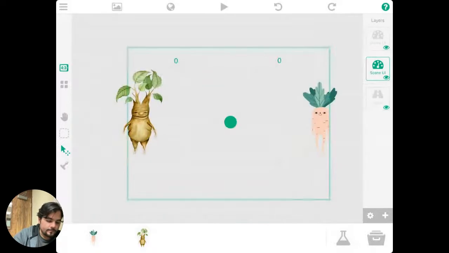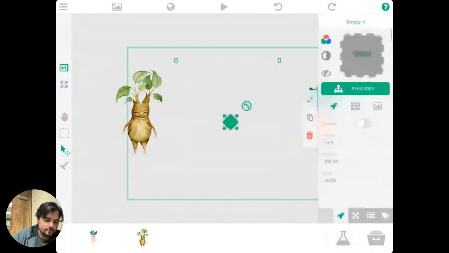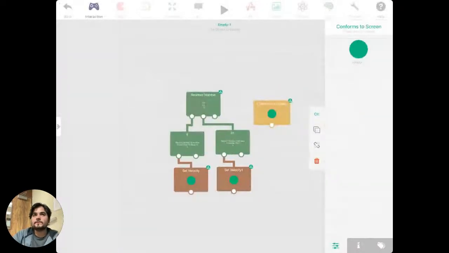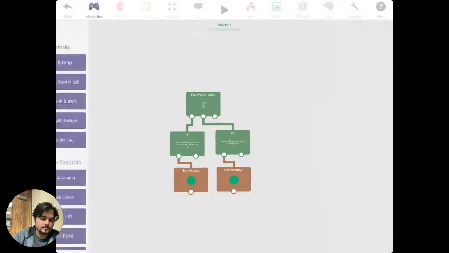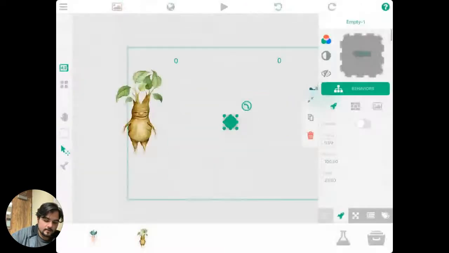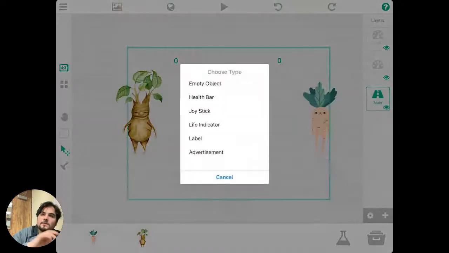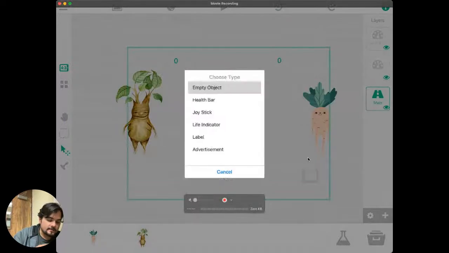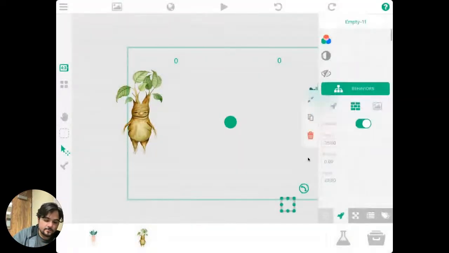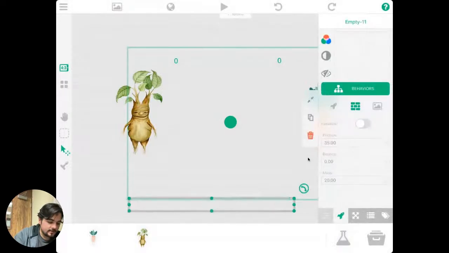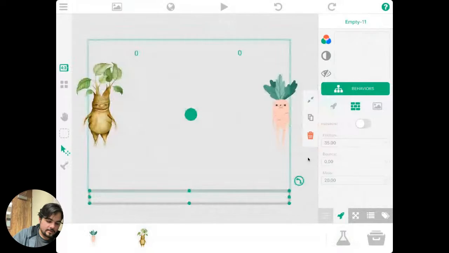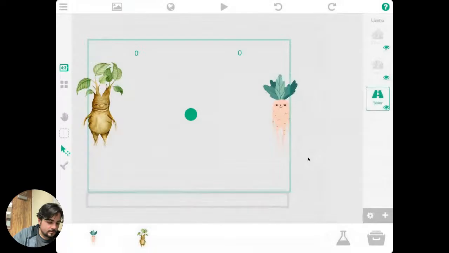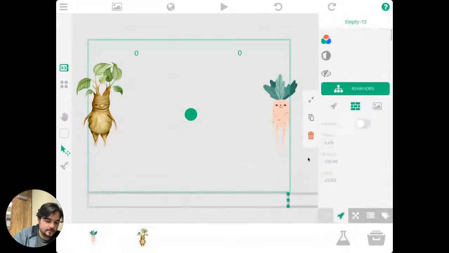All right, so I'm gonna go back to our player layer. I'm gonna get rid of our conforms to screen behavior actually, and I'm just gonna use my own walls. So let's just add some walls. I'm gonna add my own walls, extend this all the way, and make the bounciness 100%, and make the friction 0. And I'm gonna duplicate that, put that on top,